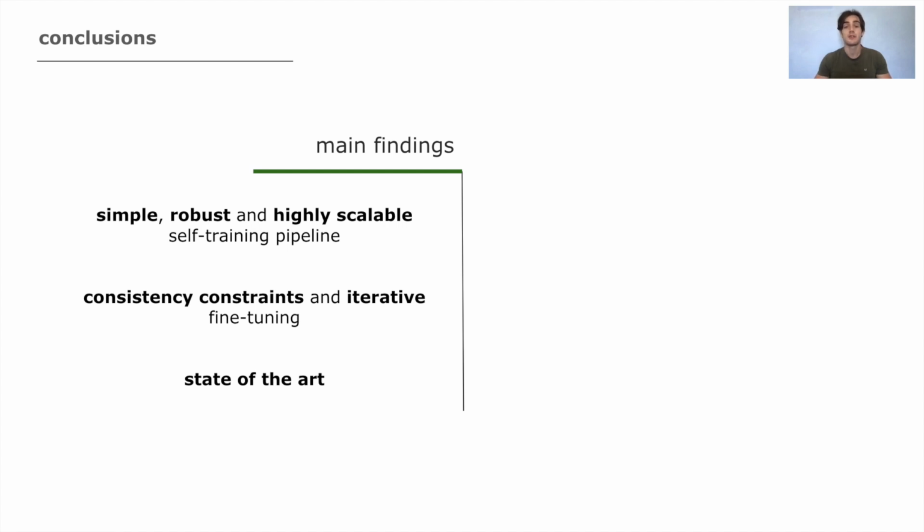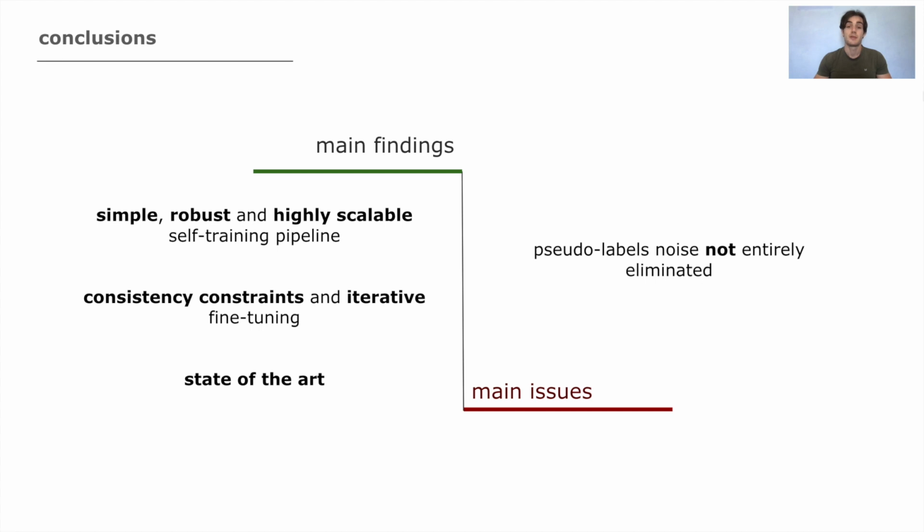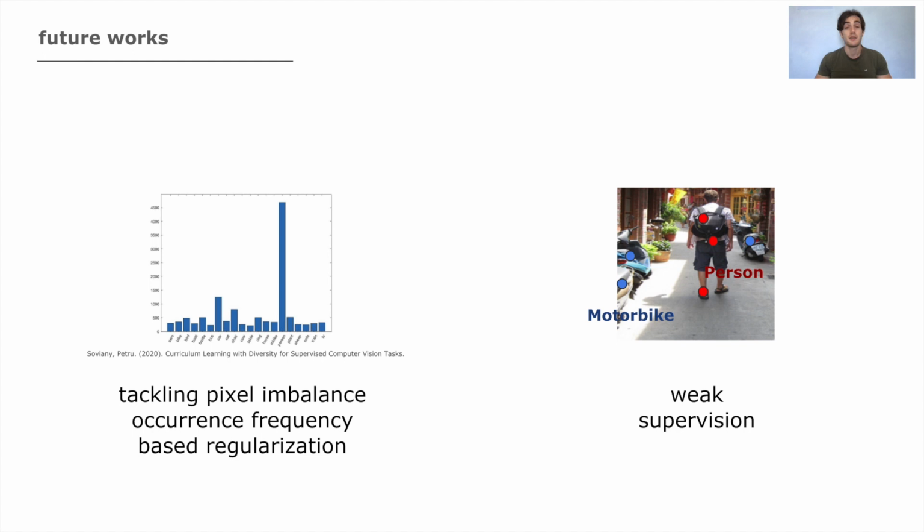On the contrary, some drawbacks are also present. Pseudo-label noise can be reduced but not entirely eliminated by our consistency constraint, requiring further study. Also, our approach depends on the number of co-occurring pixels. It's difficult to learn to segment objects poorly represented in terms of pixels in the dataset, like potted plants in the Pascal VOC 12 dataset. So, future work might exploit strategies to regularize the supervision of unseen classes based on the number of pseudo-labels generated for each of them, and techniques of weak supervision such as point supervision to learn from noisy pseudo-labels.